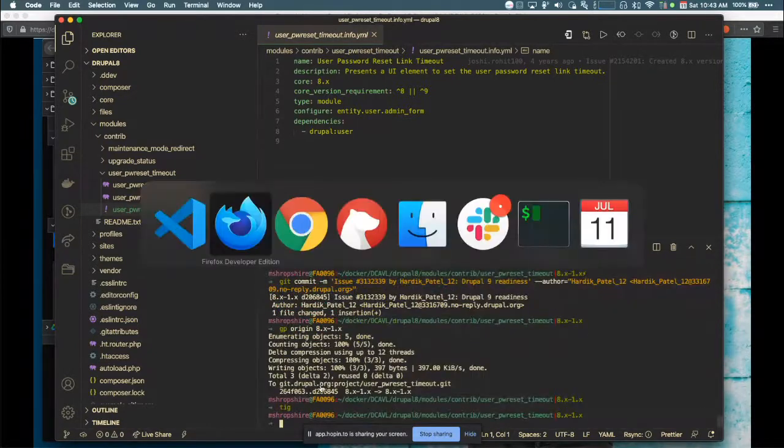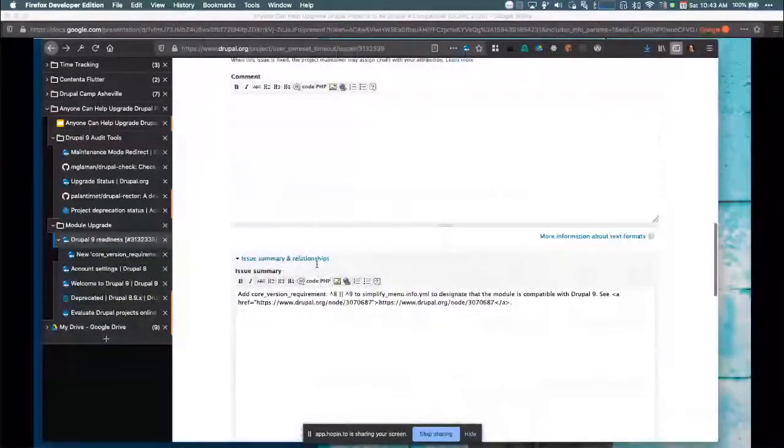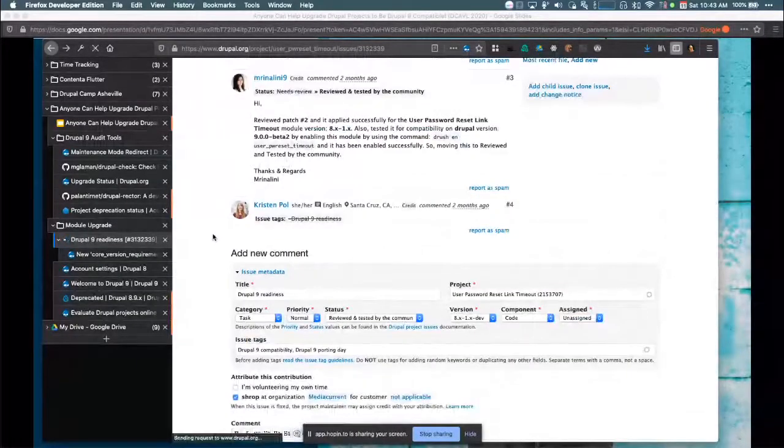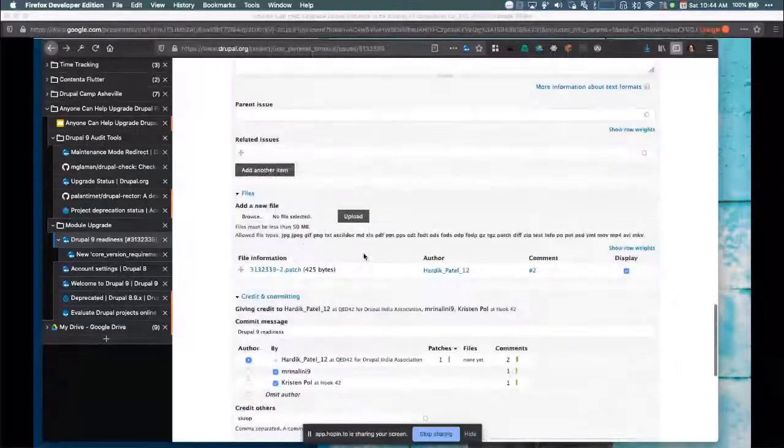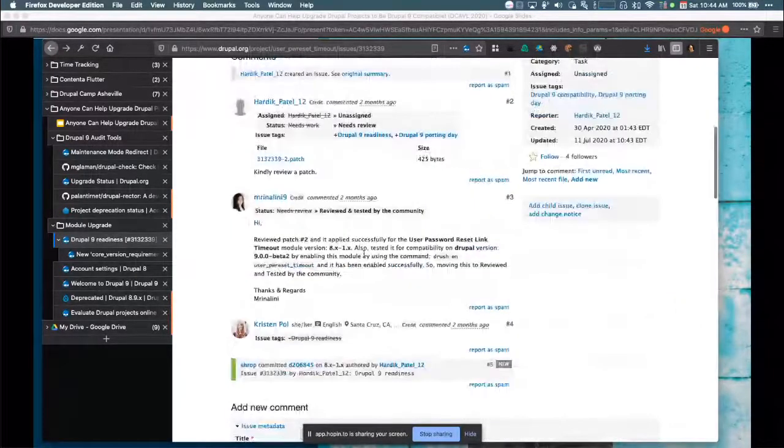It's been pushed up. And if I refresh this page, it will show us that it's been pushed up. I committed it. That just means I did the work to get it in the project, but these folks did that. And so I'll close this issue out a little bit later.